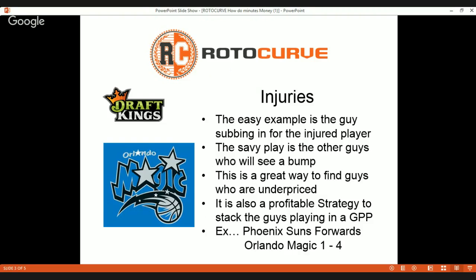But now that they're playing 30 to 35 minutes, those guys are producing closer to 30 fantasy points per game. And at the same 4K, that's giving you 6-7 times value. And if you would have put a bunch of those guys together to make up for the minutes that you lost with a guy like Markieff Morris when he got benched, or when some other guys get injured, that's a good example of how minutes can translate into money for you.